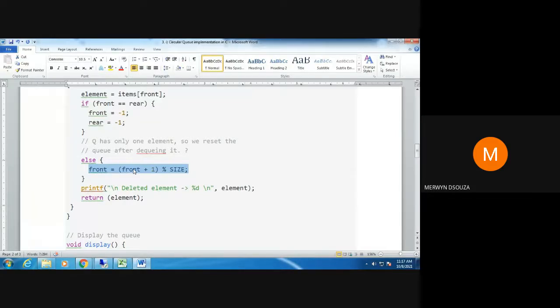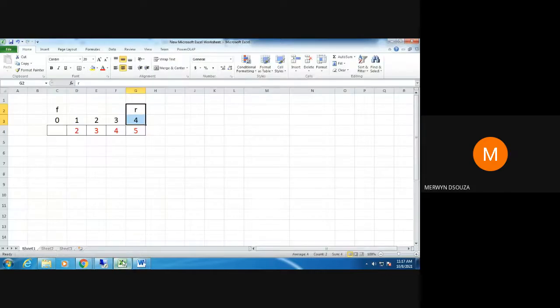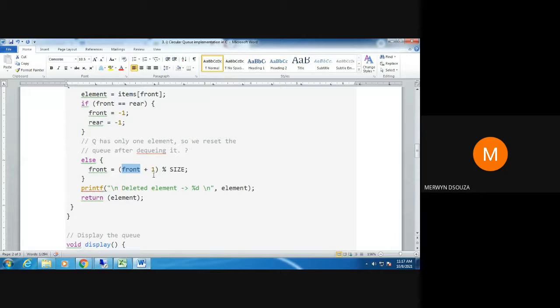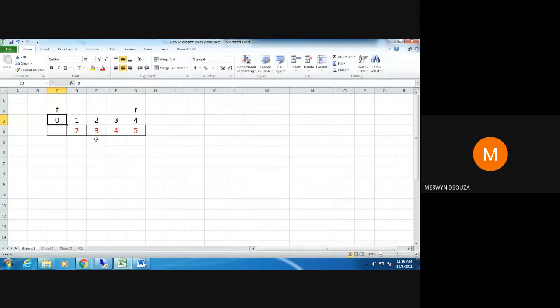This is the same formula that I've come across before. It will take the value of front, which in this case is 0. So it will say 0 plus 1, which is 1, mod size. So what is the remainder? 1. Therefore your front will go to the index 1. So f will move from here to index 1.